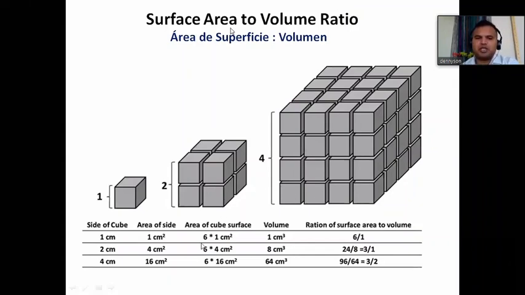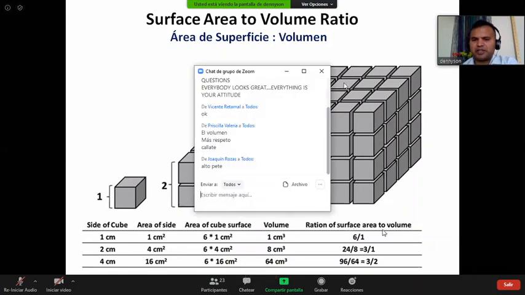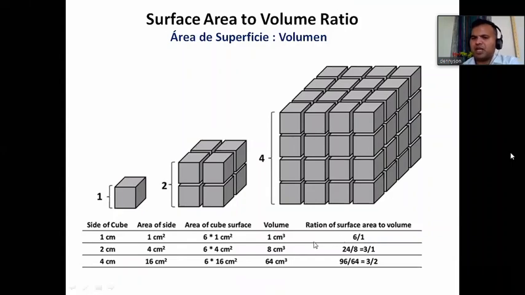We can now see here 1 cube, 1 centimeter length, breadth 1 centimeter, height 1 centimeter. So the area of one side is 1 into 1. The volume of the cube is 1. It has 6 sides. So 6 into 1 centimeter square. So if we find out the ratio between surface area to volume, it is 6 divided by 1. And if you take 2 centimeter cube, it can be